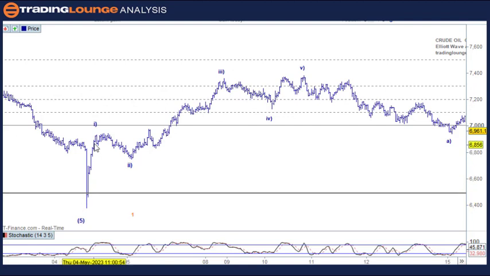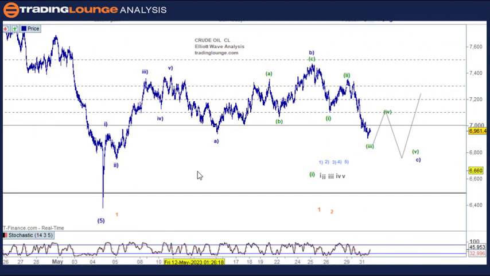So we do have a beautiful 1, 2, 3, 4, 5. And if we've got 5 waves here, that means it needs to play out somewhere, another leg over here to the upside. So this one here doesn't really count as 5 waves. I mean, I could go 1, 2, 3, 4, and 5. I'm sure Elliott people start chucking stuff at me again, so we won't do that. So over here, we can look at this as,